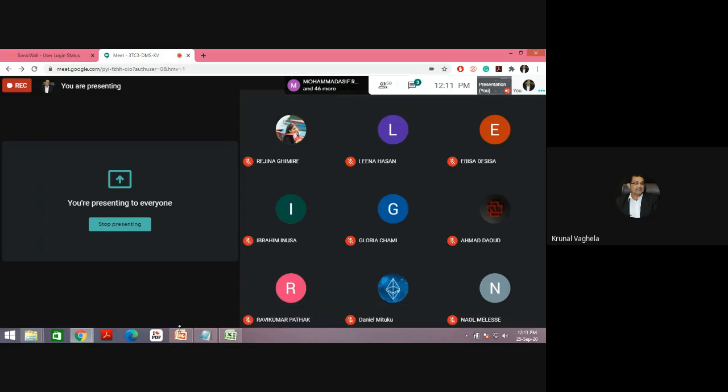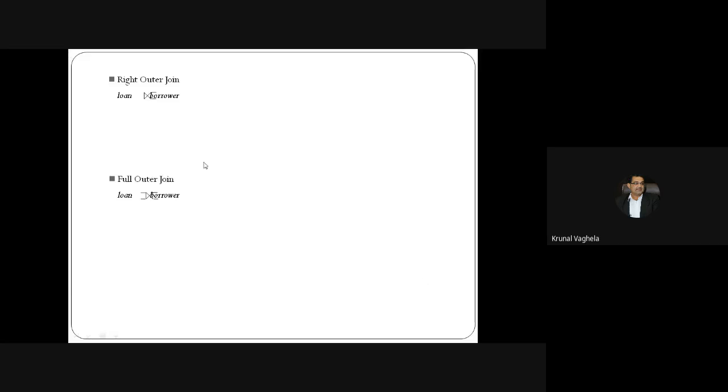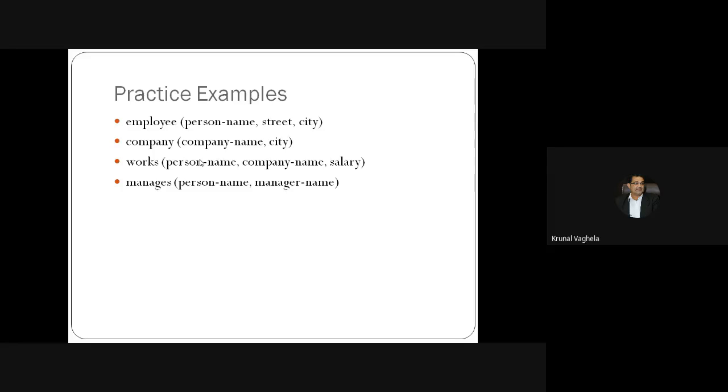Now in your exam, sometimes you will be given the data, sometimes you will not be given the data. So let's solve some queries so you will understand. I want each and every one to write these tables first, so you will get the idea. See, here no data is given. Sometimes you need to assume the data.